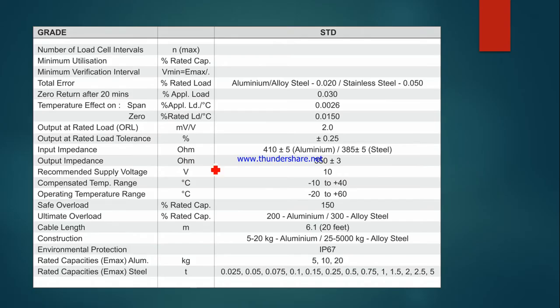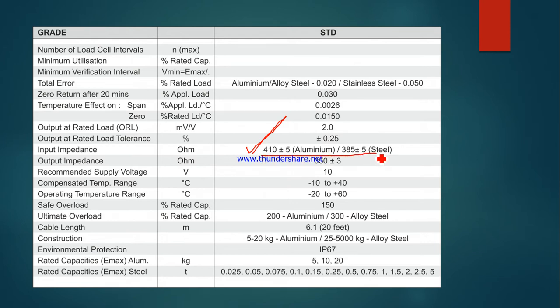So this is a typical data sheet of a load cell. When you are selecting the device for the load cell, the impedance matching should be perfect. Otherwise there will be reflection in the transmission line, and this may give some erratic indication.